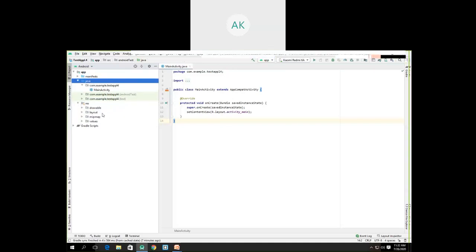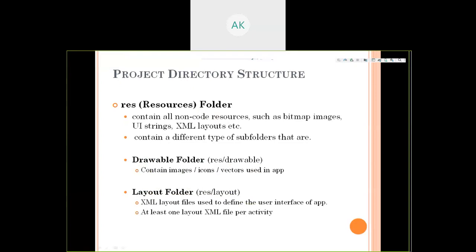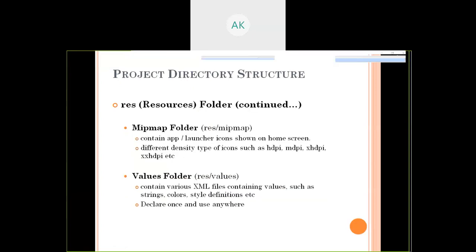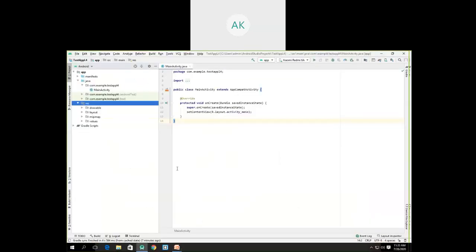Now for the resources, there are various subdirectories. Resources contains a drawable folder, a layout folder, a mipmap folder, and the values folder. The important thing is to understand what each subfolder in the resources directory means. Inside res, the first subfolder is drawable, and whatever images we require in our Android app will be present inside the drawable folder.